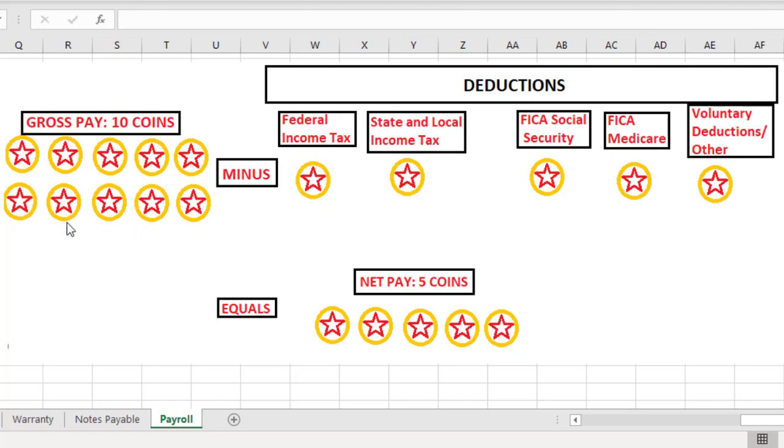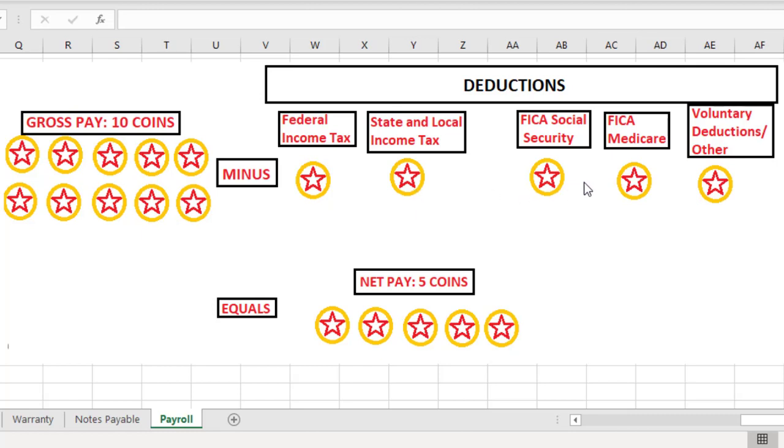We call this your gross pay. But you don't get to keep all 10 coins, because there are various deductions that are going to take away from your gross pay. We need to subtract all the deductions, which include federal income taxes to the United States government, state and local income taxes to the state you reside in, as well as your city if applicable,